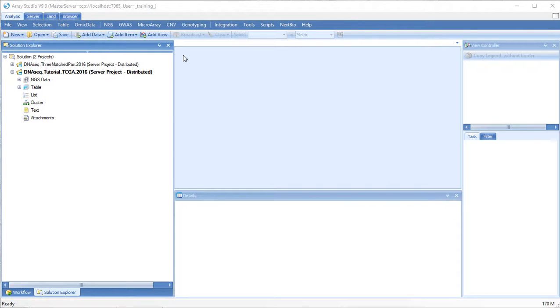The Array Studio DNAseq pipeline runs Summarize Variant Data, or Mutation to SNP. This identifies variants in your aligned DNAseq or RNA-seq data relative to the specified reference genome. You can also run this module under NGS,